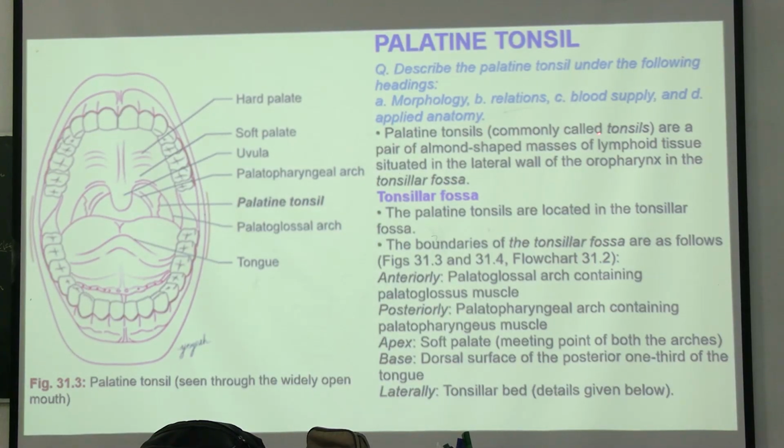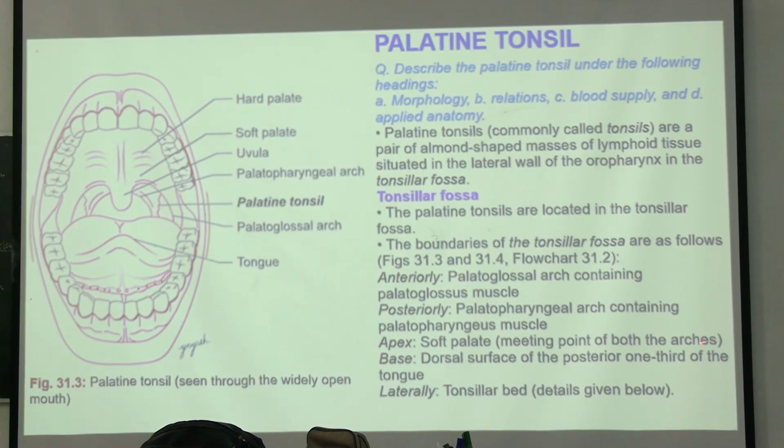Palatine tonsils, commonly called tonsils, are a pair of almond-shaped masses of lymphoid tissue situated in the lateral wall of the oropharynx in the tonsillar fossa. The boundaries of the tonsillar fossa are as follows: anteriorly, the palatoglossal arch containing palatoglossus muscle; posteriorly, the palatopharyngeal arch containing palatopharyngeal muscle; apex, the soft palate,